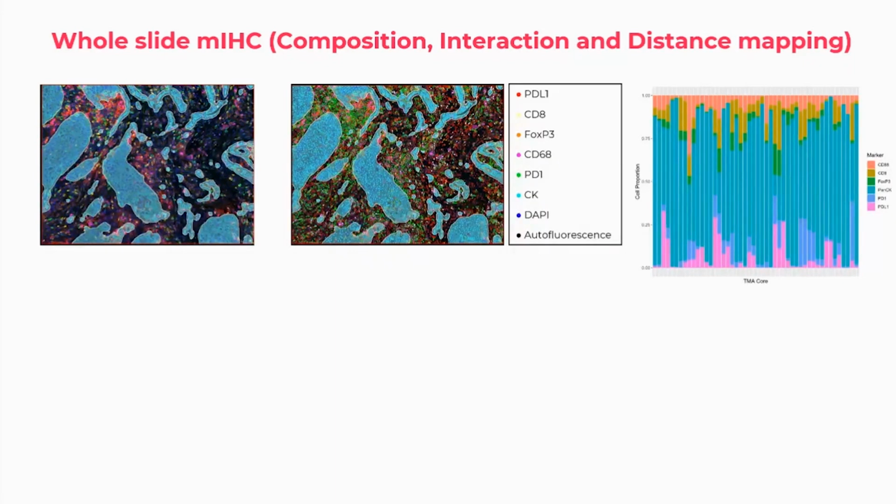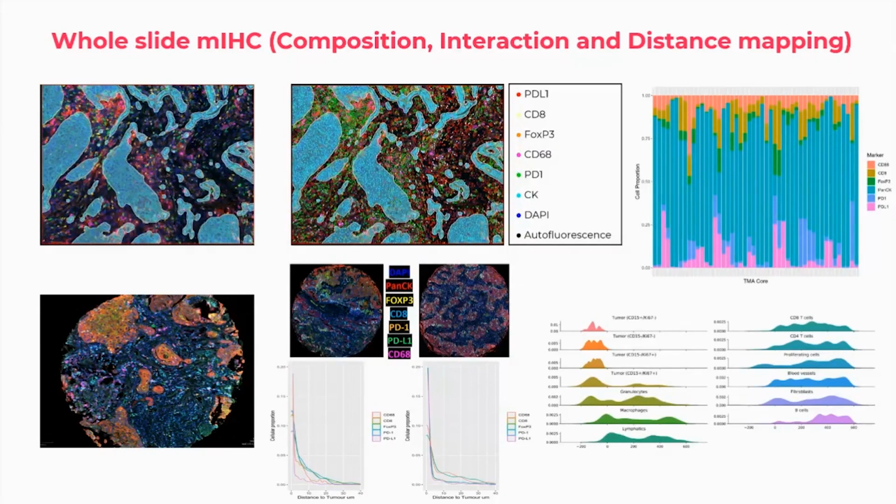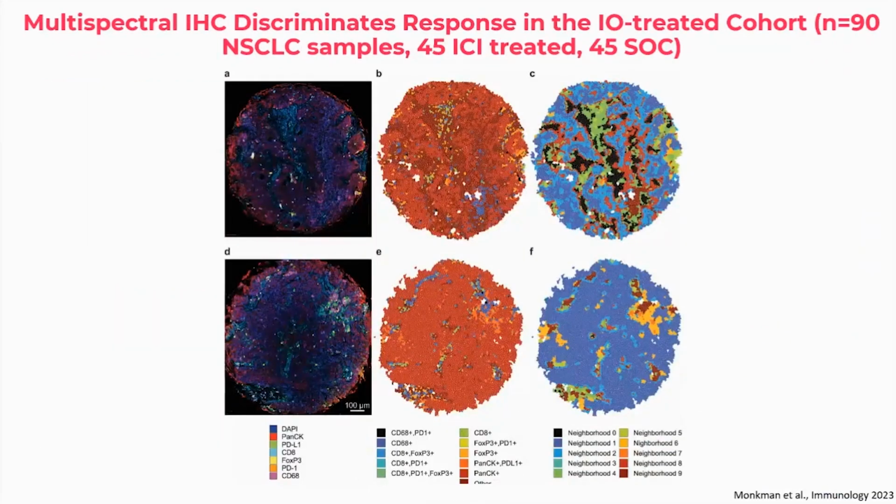And we could look at the composition of each of the cores based on these markers. This is with single cell readout for about 7 different proteins. And we can look at the co-expression of markers as you move into the tumor and as you move into the microenvironment. And so when we've annotated it using this 6 or 7 plex assay, we can then identify the cellular neighborhoods that are present within each tissue microarray core.